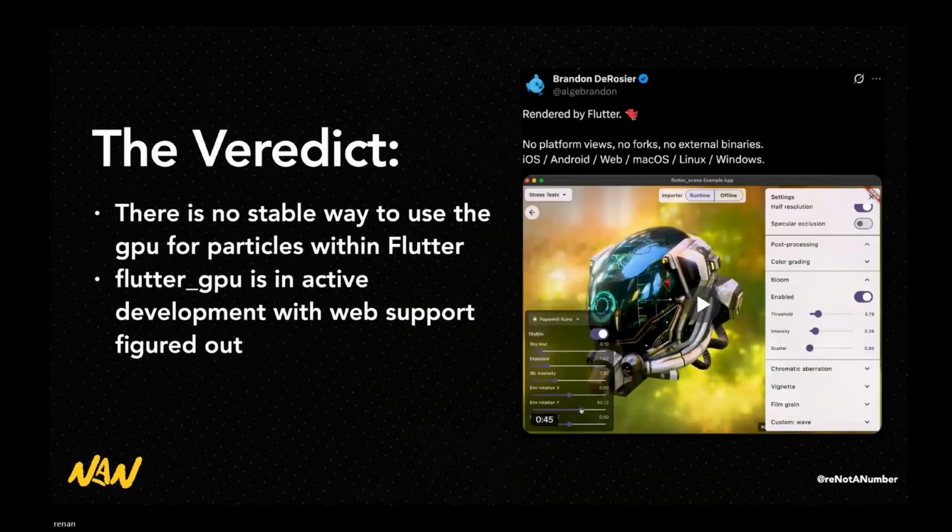So other platforms can do that. On iOS, if you use SwiftUI, Metal shaders are very powerful, and I've seen people doing crazy things with that. There's also things based on WebGPU, where we have compute shaders. React Native has that too. But for Flutter, there is no proper way to use compute shaders or things like that natively and in a stable way. But